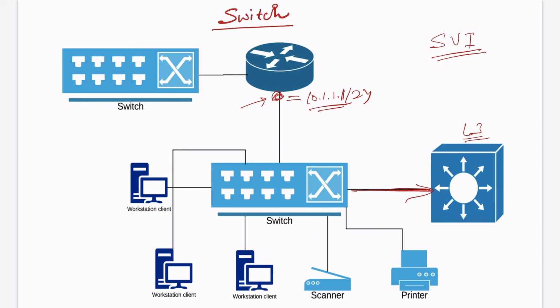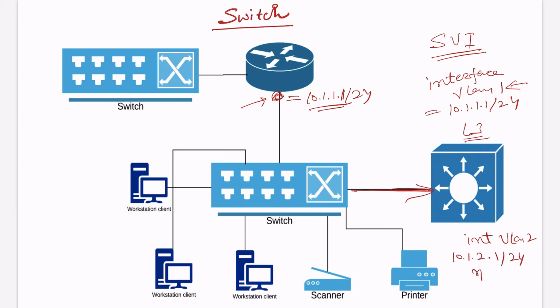So in this layer 3 switch, you can create a virtual gateway like interface VLAN 1, and you give the IP 10.1.1.1/24 on this VLAN. Similarly, you create one more, interface VLAN 2. You give the IP 10.1.2.1/24 and enable this interface.